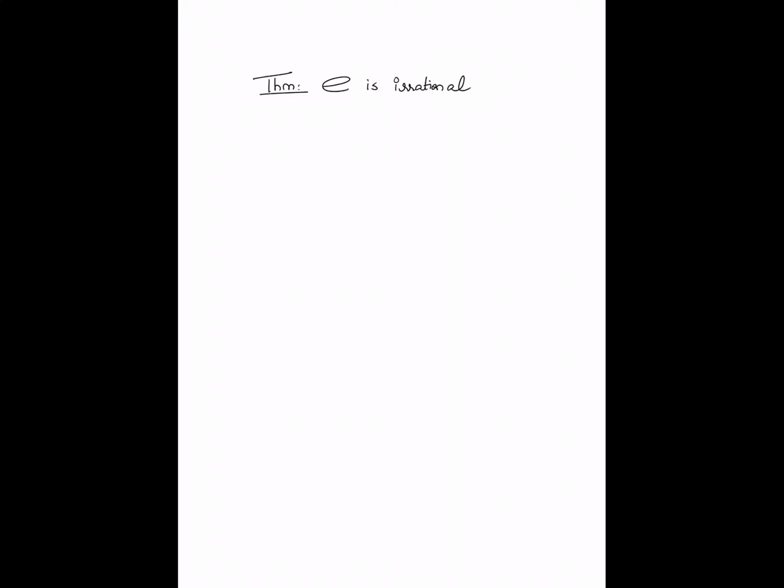Note that we defined E itself as the limit of a certain series and subsequently as the limit of a certain sequence. Per se, I don't really have any clue whether this particular value which emerged in the limit is rational. We only proved existence and certain bounds. Other than that, we really didn't have any way so far of judging whether this limit is rational or not. Well, now we will prove that it is not.